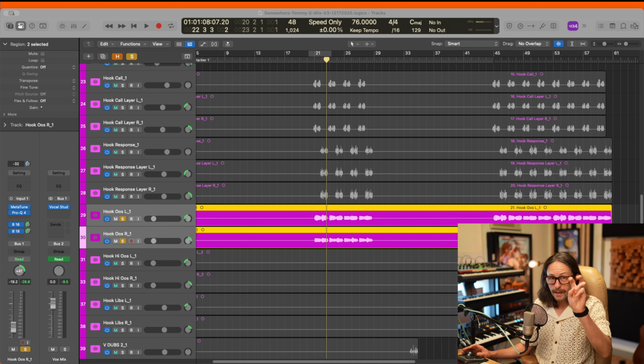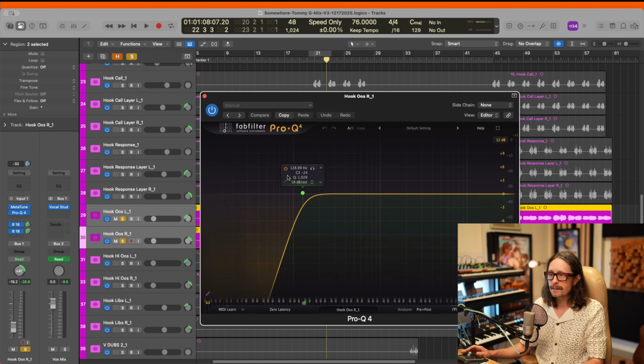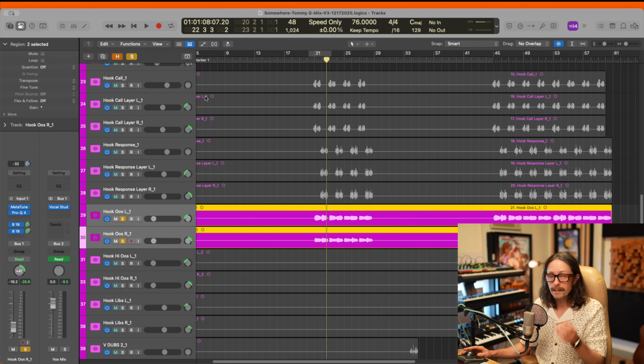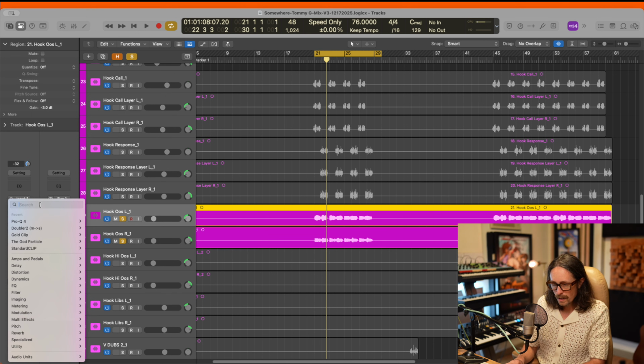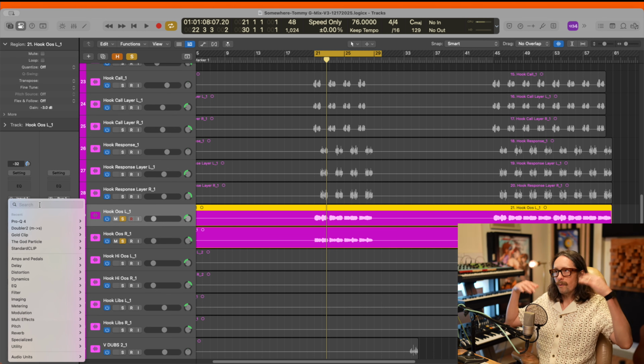We're not going to turn them up. We're going to make them brighter, okay? So one thing I like to do for brightness is not just add it to the EQ, right? That would be a really simple way of making something bright, but it's not going to make it feel more uplifting, okay? What I probably want to do on these oohs is add a harmonic or